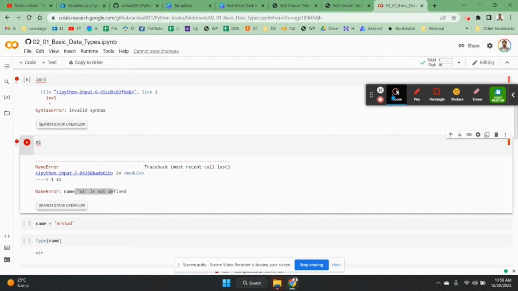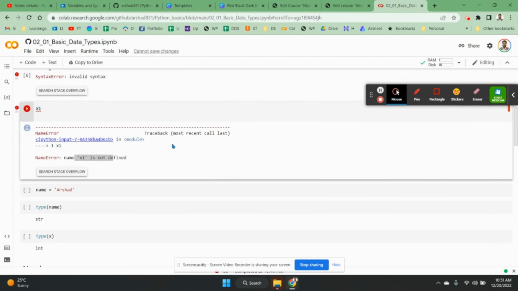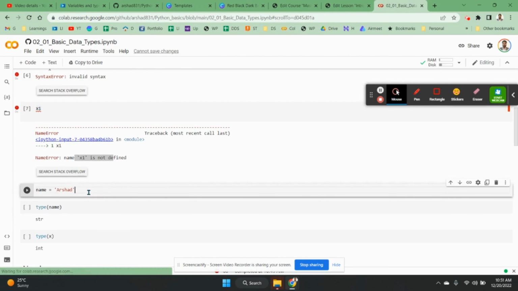Because these skills that I am teaching have to be practiced, and it is an ever-growing process. If you don't do Python coding for a year, you will forget many of the concepts. So keep practicing, keep doing, and understand the process. These basic processes should be there in your mind, and you can always know what you have to search in Google if you're getting an error. So now numbers is very easy. You just put is equal to, but for text you need to put it in a single quote,